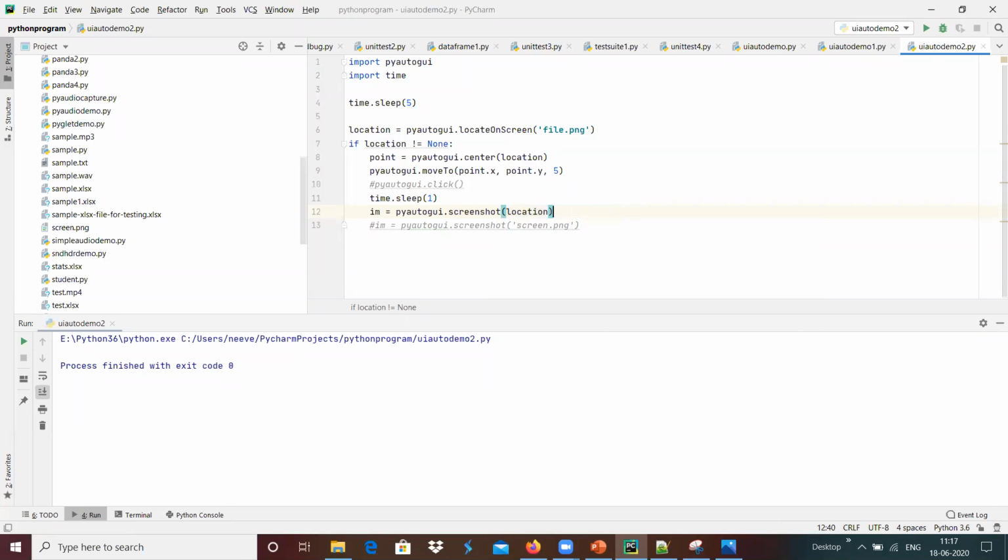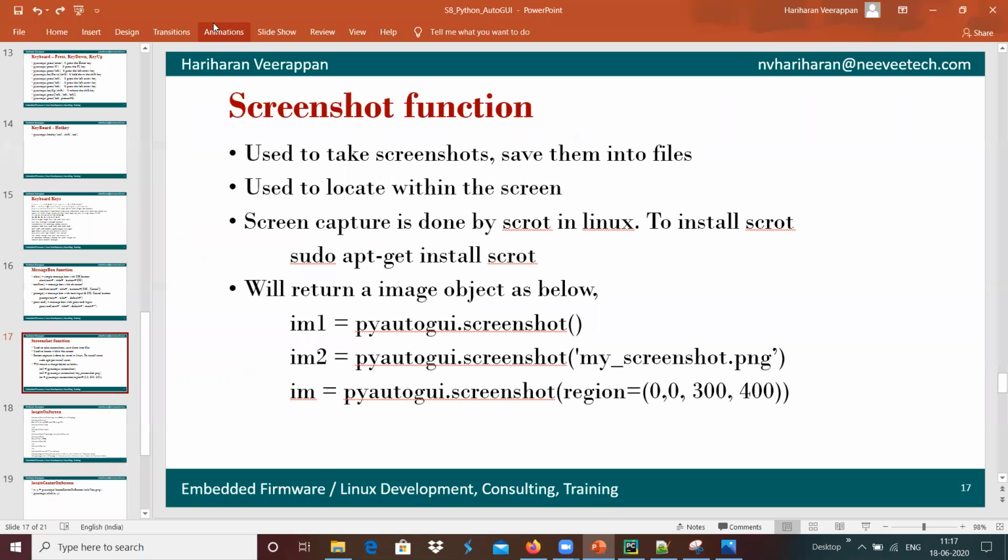It's the location over here where we will take the screenshot. Let's see how PyAutoGUI moves to that location. After 5 seconds, it will start moving to that location.